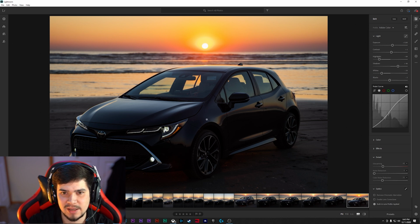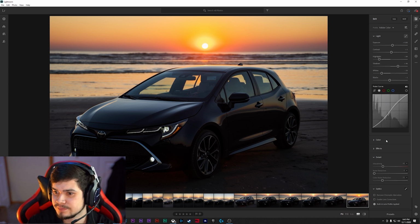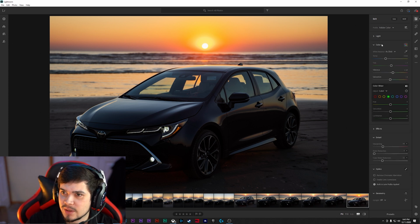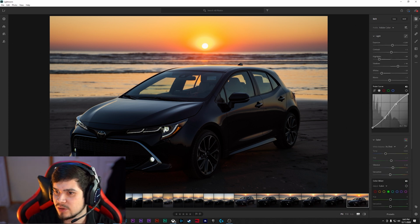I'm gonna keep it at -5. That way it's still dark here, but you can see how the shadows on the car at the bottom of this area are kind of more visible. Alright, next we're gonna go down, after we go through all of this stuff here, we're gonna go down to